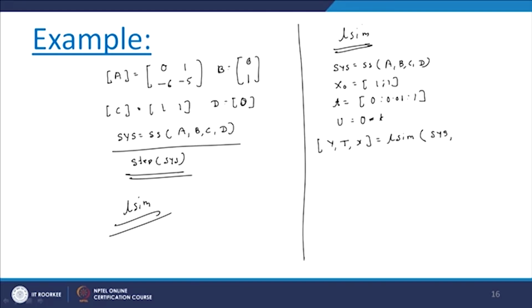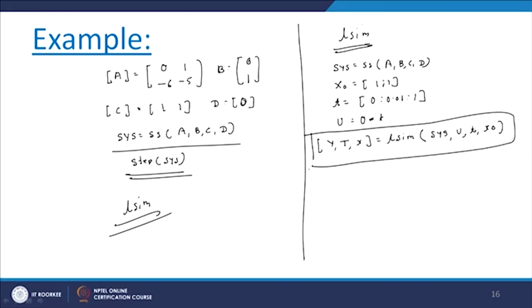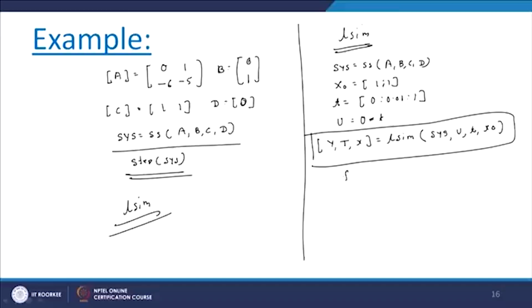And here, y comma t comma x, we can write on lsim, sys, here input u, time t, and x naught is the initial condition. So this command we can use. And now we want the state response. Here we have two states, so we can write figure 1,